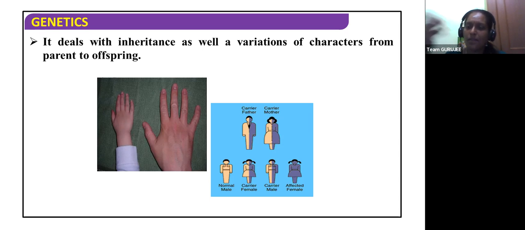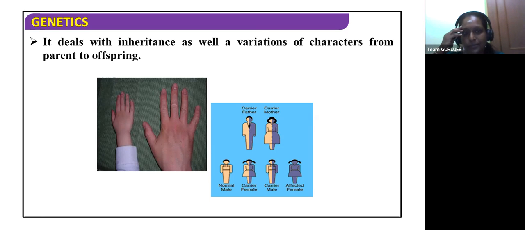In what form is it stored? So we say it is being transferred from one generation to another. How is it transferred? By means of this genetic material. So where does the baby get the genetic material from? That was the last chapter we dealt with. Am I right? We did reproduction.